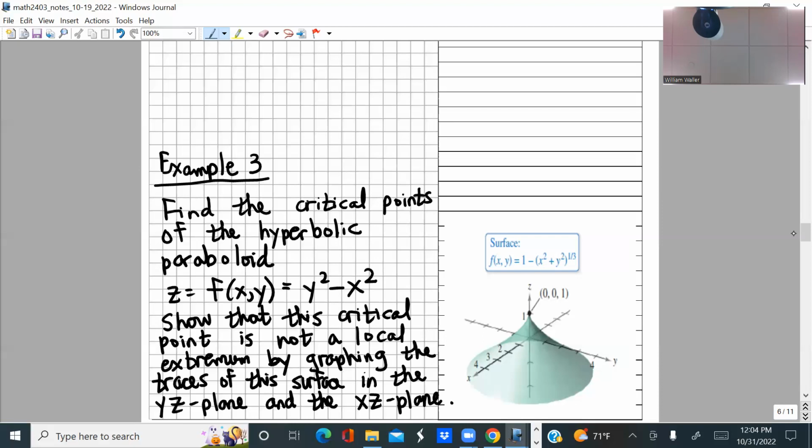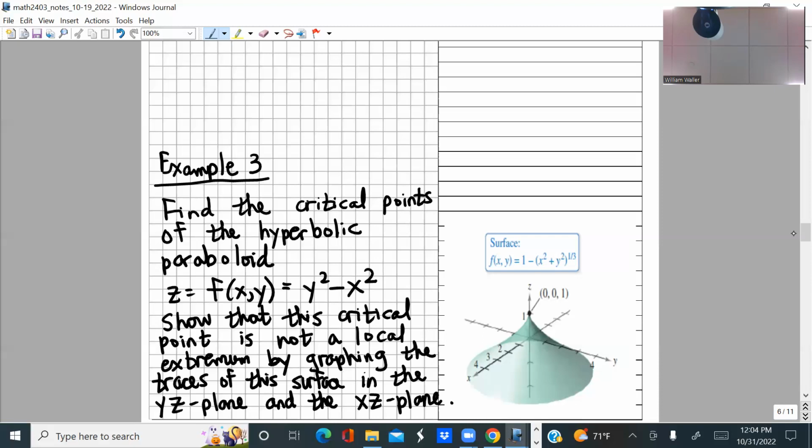Take a look at this one. So here we want to find critical points on this hyperbolic paraboloid. It doesn't have a complicated formula, just y squared minus x squared. But the instructions here kind of give it away. It says show that this critical point is not a local extremum. And it's going to tell you how to do that by graphing the traces of this surface,